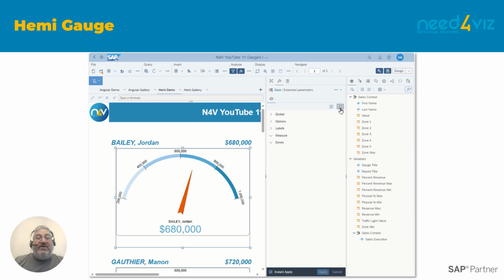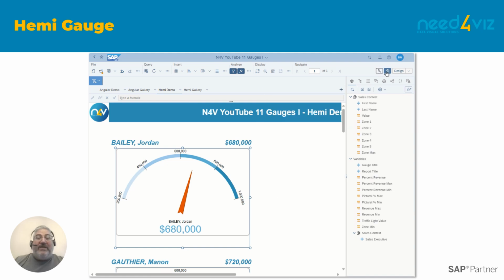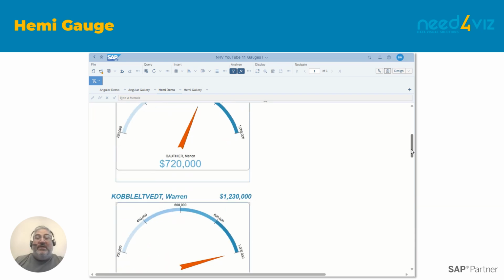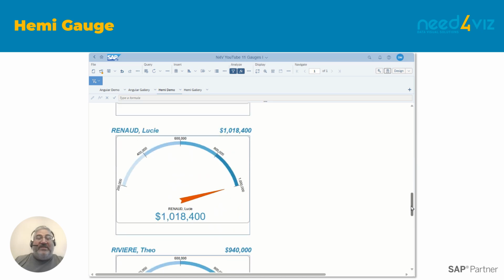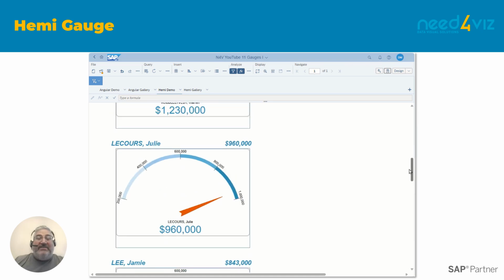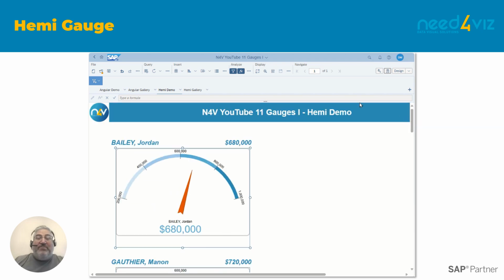Okay, and notice that the color of the measurement tracks with the range that the needle is pointing to. All right, so that's a pretty sharp looking gauge, and I can scroll down and I can see how each of my salespeople are doing with the sales contest.